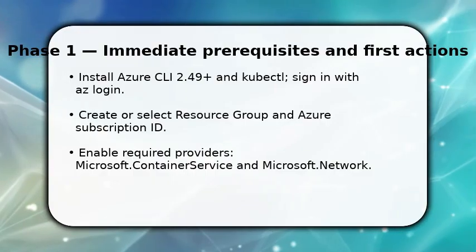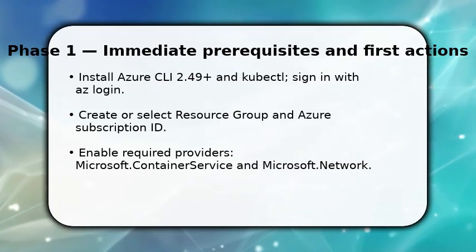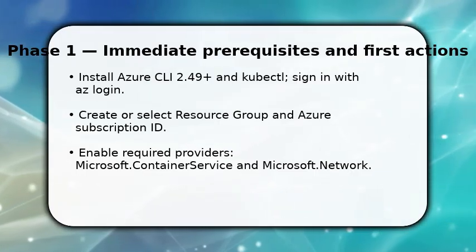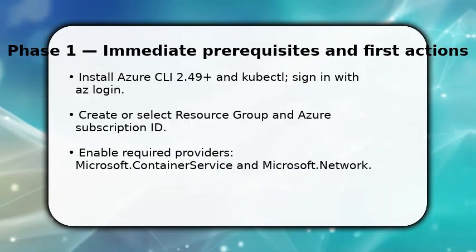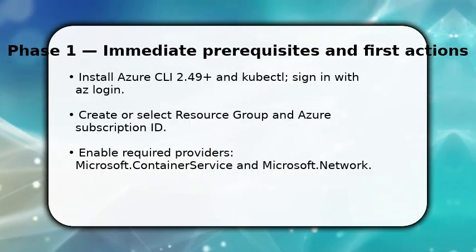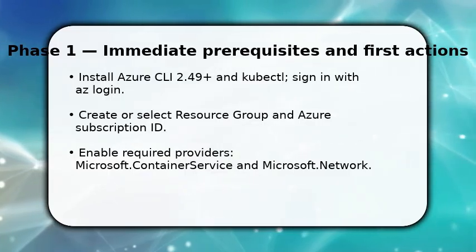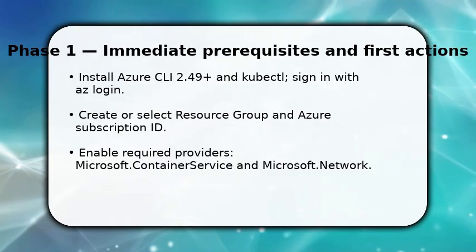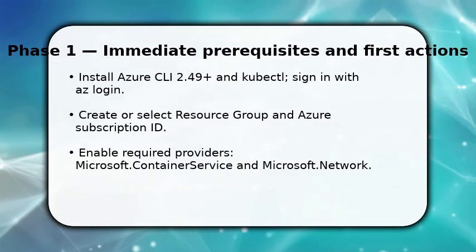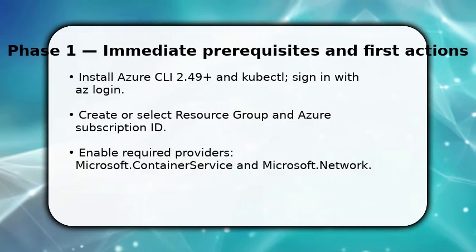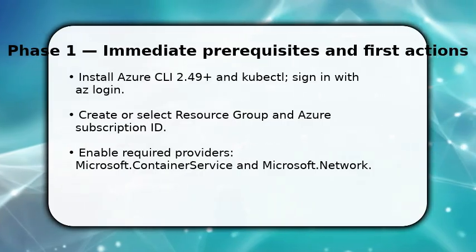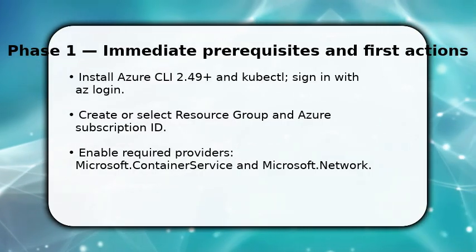You start by validating prerequisites. You need Azure CLI and Kubectl installed, and you must be signed in with az login. Once done, pick or create a resource group in the correct subscription because AKS resources live there. This avoids permission surprises. Next, enable the provider namespaces Microsoft.ContainerService and Microsoft.Network, so provisioning can complete without